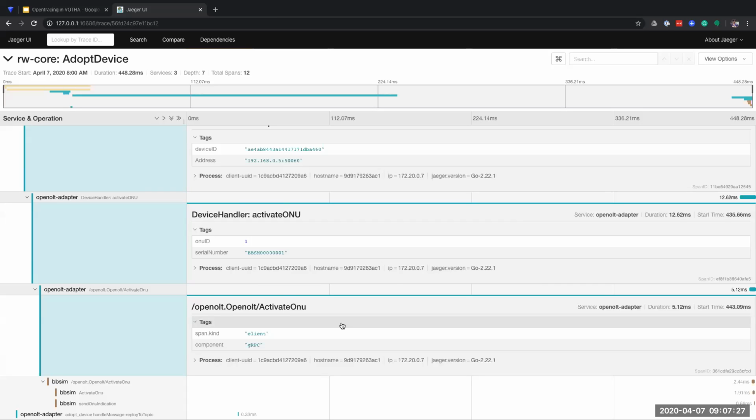Well, there are two sides of it. One is, let's say, out of band, because you are sending all these spans to the Jaeger collector. But you are also sending information with the context with each request. So you don't want to put too much information in that request, because, for example, if you put the ONU ID and the serial number in that span, that information will be sent together with the context all the way down the call stack and then over gRPC to activate the ONU.